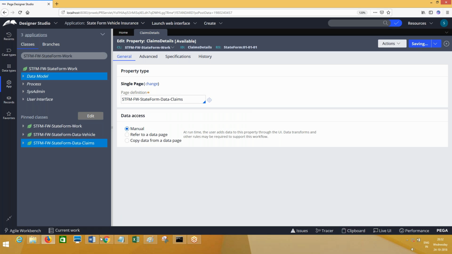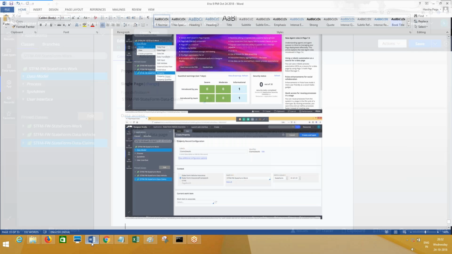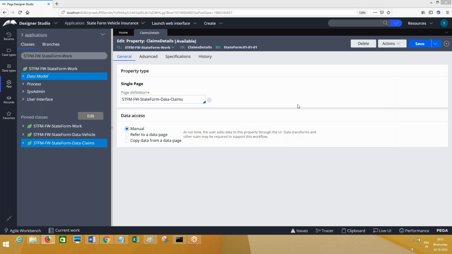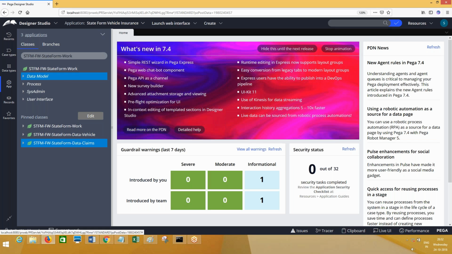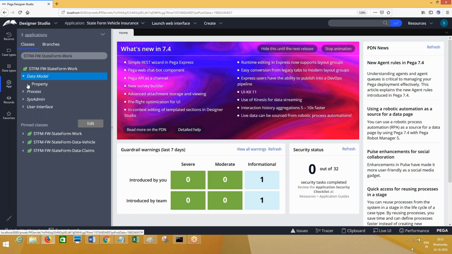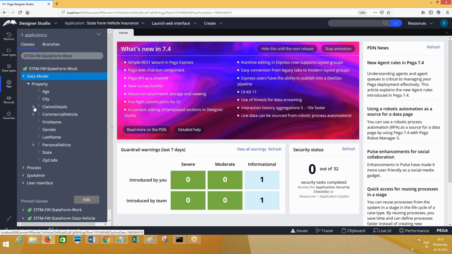Save this. Completed. So the property is completed. If you look here, you have claims details, claim amount, claim reason, everything.